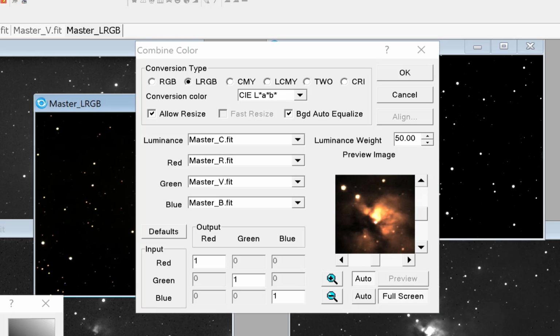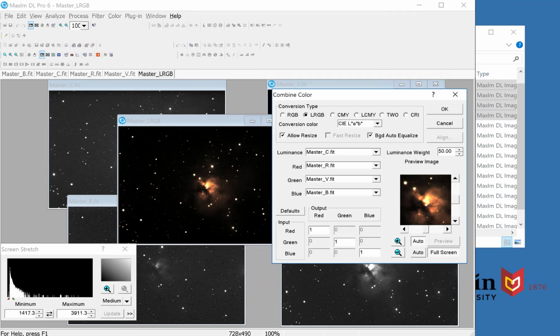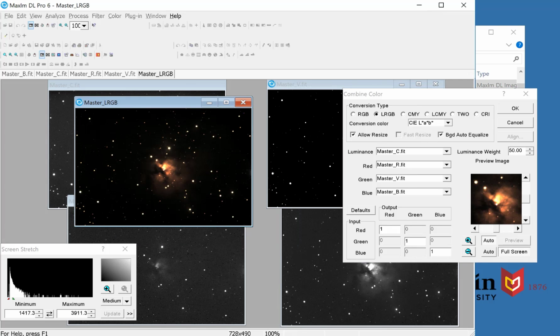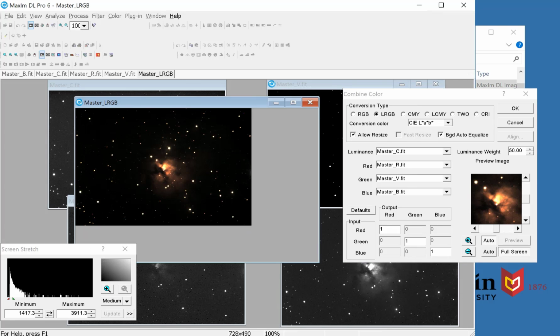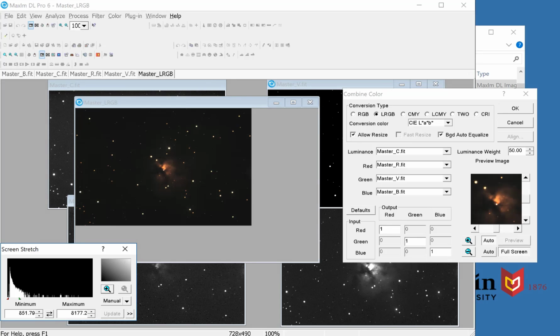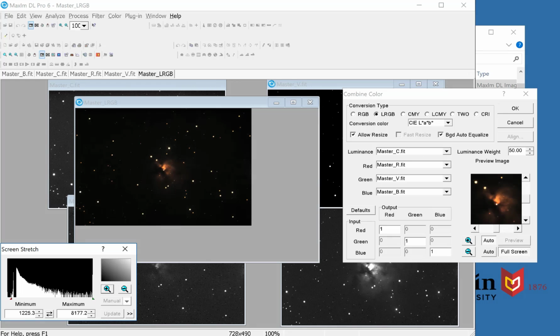A full screen preview is my preferred way to go, just because it does allow you to see the full image a bit better. The downside to that is whenever you make changes in here, you have to reopen that again. So I'm going to also adjust the screen stretch on this frame